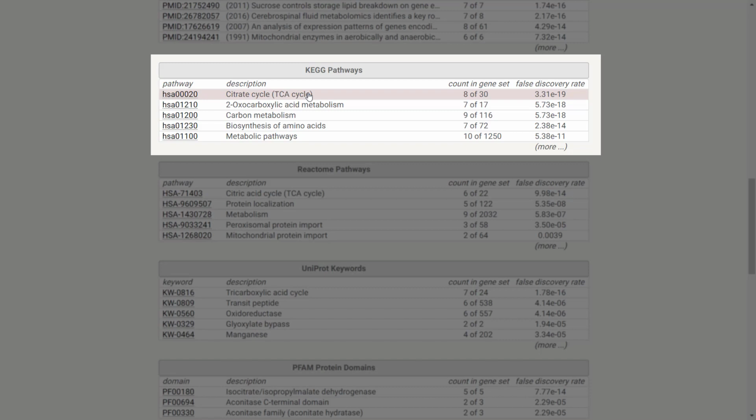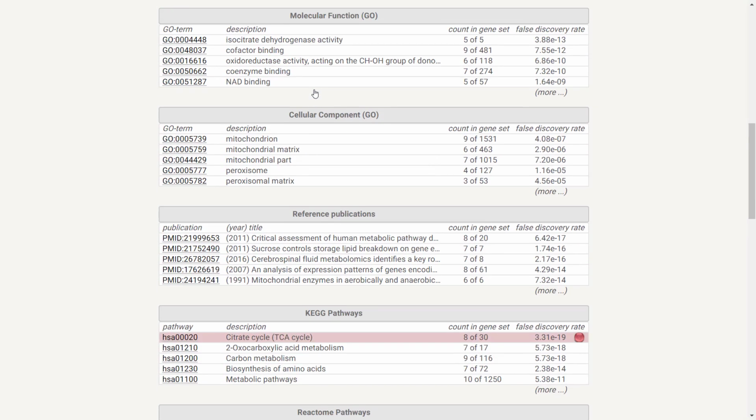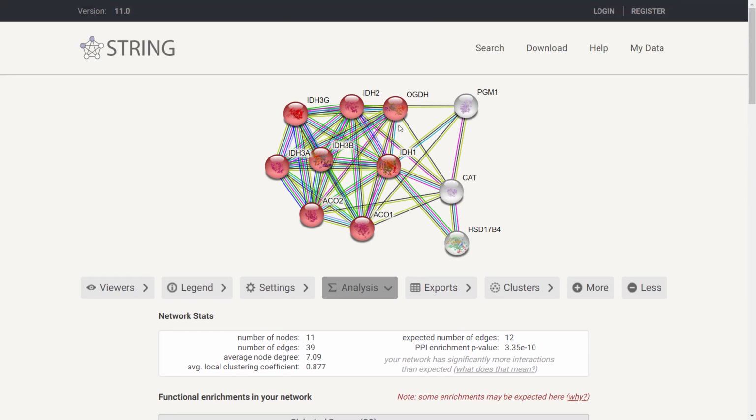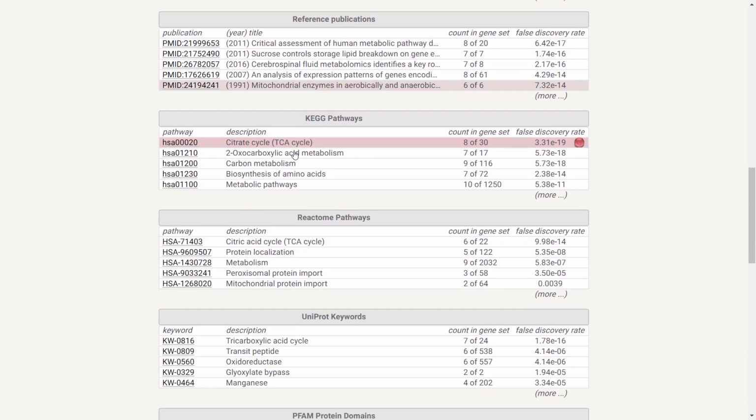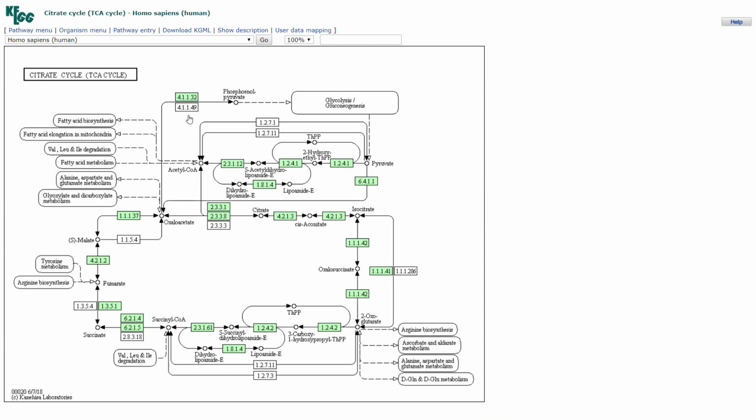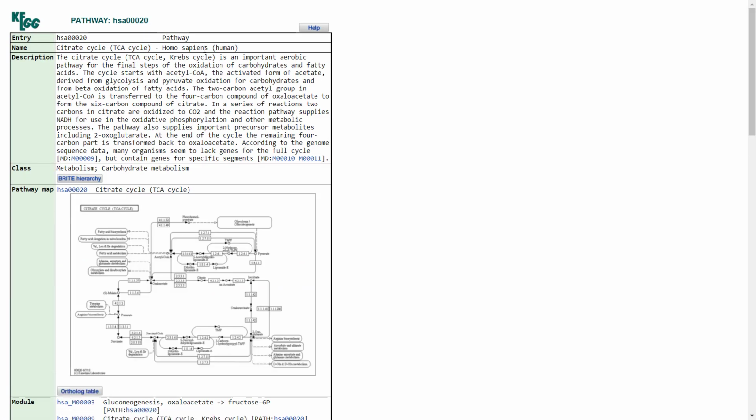If we press on the pathway name, the proteins that are part of it are colored in red. We can see here this group of proteins. If we press on the ID on the left of the pathway, here, the KEGG map page will open. From this page, we can go to the pathway entry page, here on the top, and learn about the pathway. We can also review related diseases, as we've seen in our previous practice session.